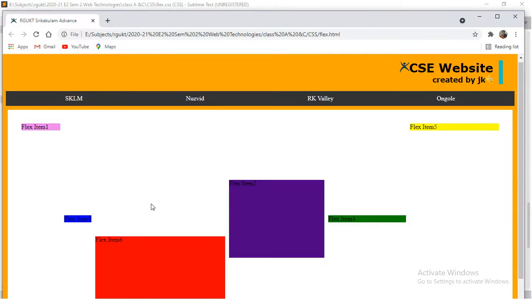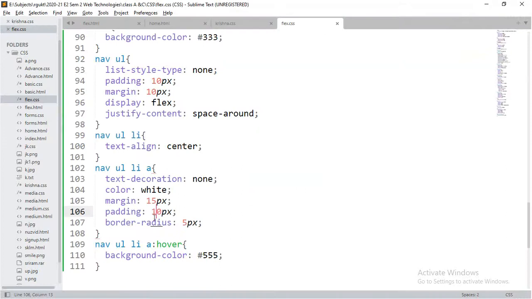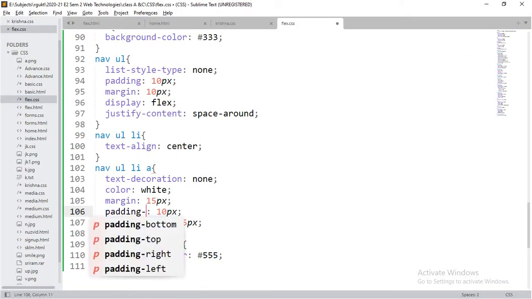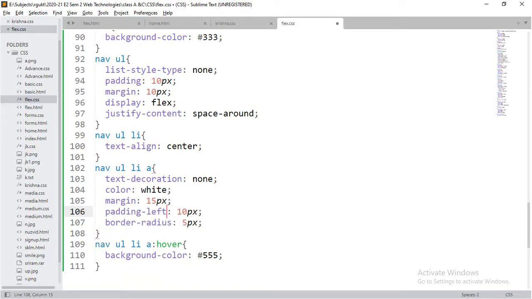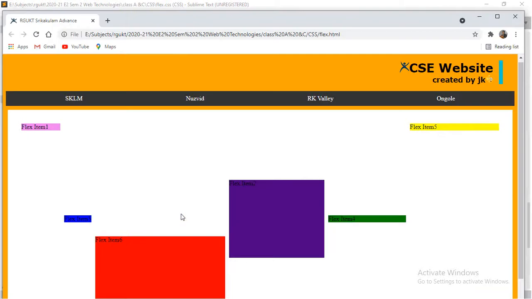That's enough. Or else I'll go for padding-left. I don't bother about the look and feel of all these things. I just want to show these things. Fine, so I have arranged all this.